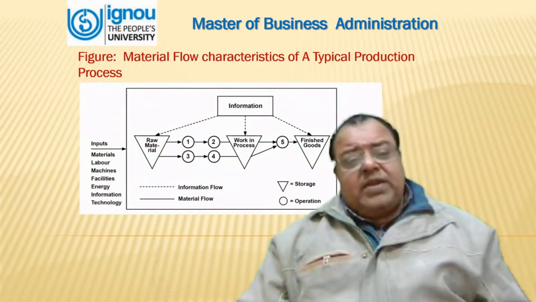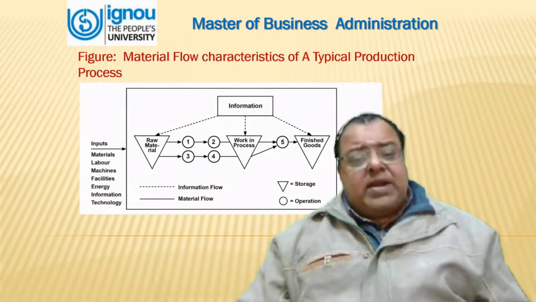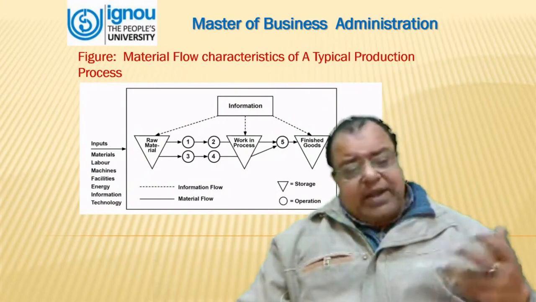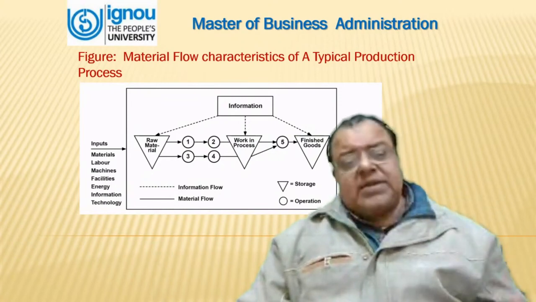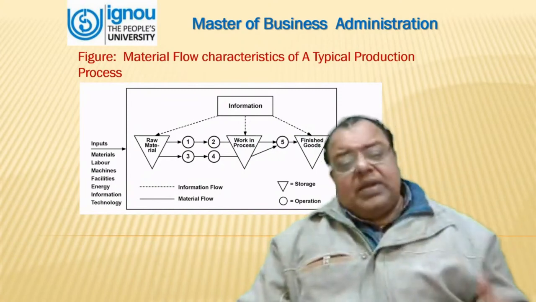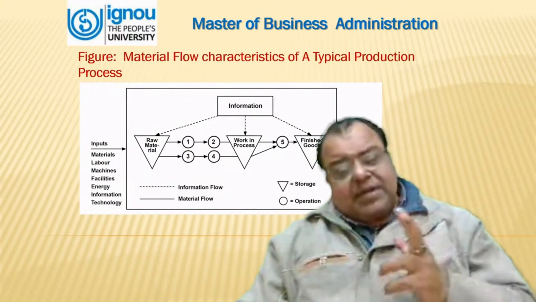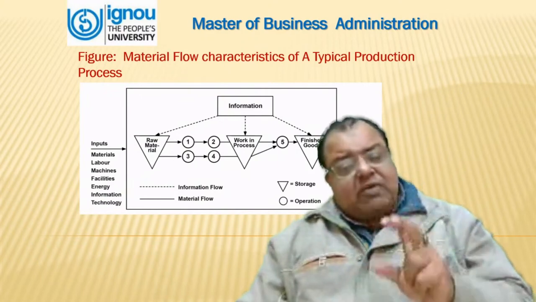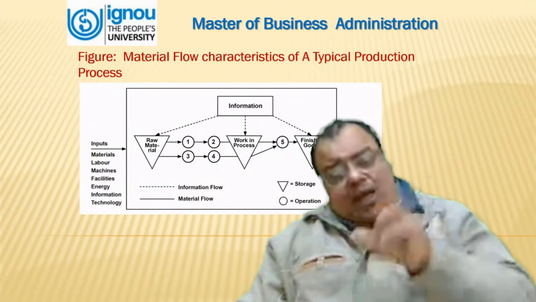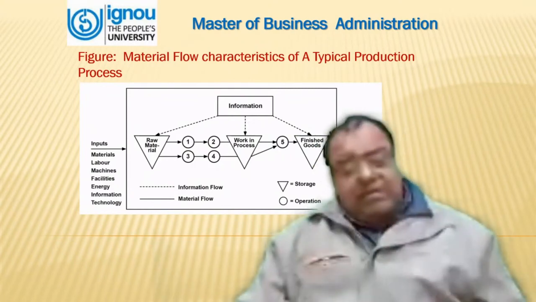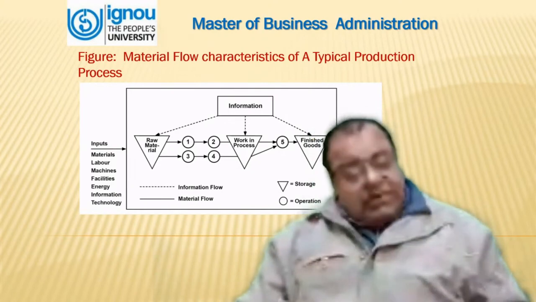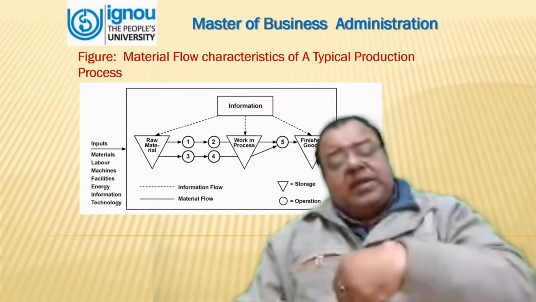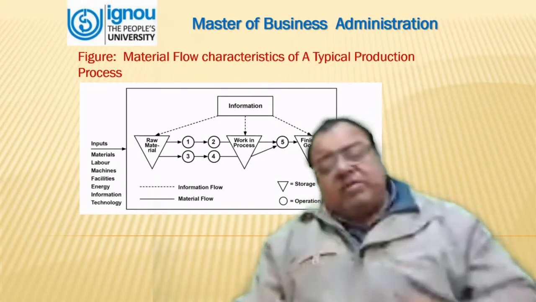This figure depicts the material flow characteristics of a typical production process. On the left side, we have inputs, in the form which has already been discussed. The raw material comes, different processes are performed. It comes into work in process, that is what we call in short WIP. Again, the operation is performed and it goes into the finished goods stage. Then inspection starts. When the inspection has been completed, it comes into the form of output